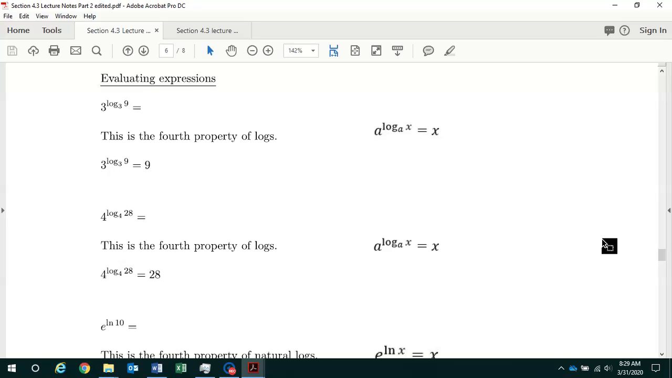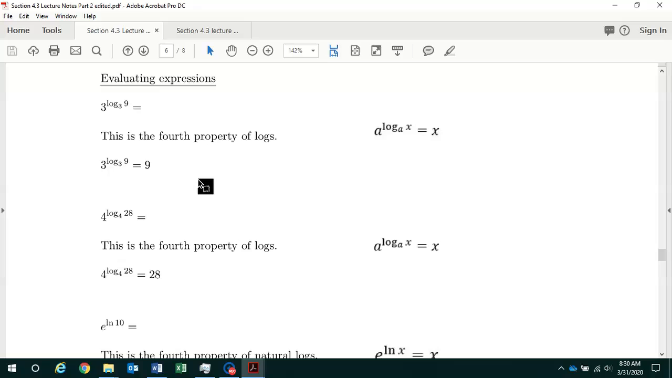Class, in this video we continue our discussion of section 4.3 in your textbook on logarithmic functions, doing part 2, page 6 of part 2 of your lecture note handout. So here on page 6 of part 2, we're going to evaluate some expressions involving logarithms, and we're going to